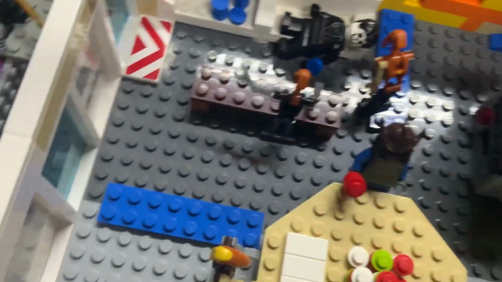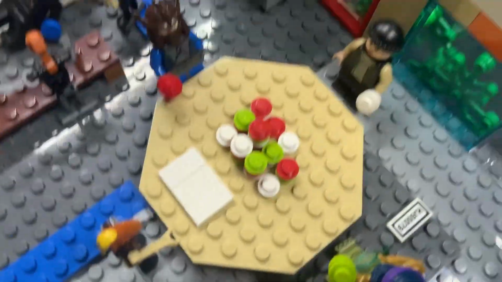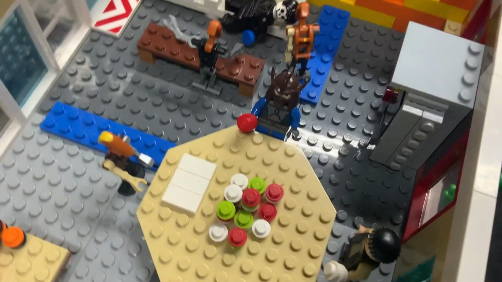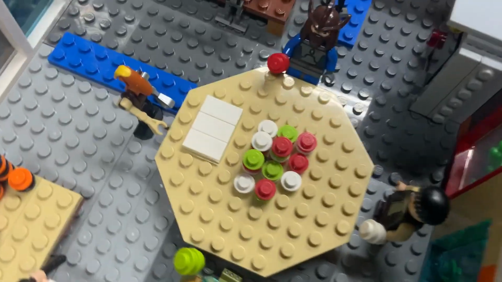And as you can see, they're playing poker over here. We got 3 people. This one has red chips. This one has white. This one has green. And then we have the droid. And the droids kind of run the club. But this droid is like the house droid, and he deals the cards